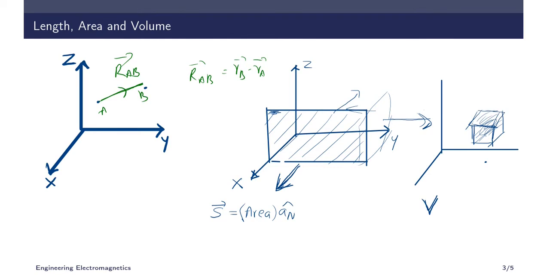It is the amount of matter or amount of substance that is included in this one. That is what volume actually is, or the amount of space which it consumes. So it doesn't have a direction. Whereas length has a direction, area has direction, but volume has no direction, and volume is a scalar quantity. It is just represented as V. So this is very important. Length is a vector quantity, area is a vector quantity, the direction of length is along the line, and direction of area is perpendicular to the surface, and volume is a scalar quantity. This is very important.